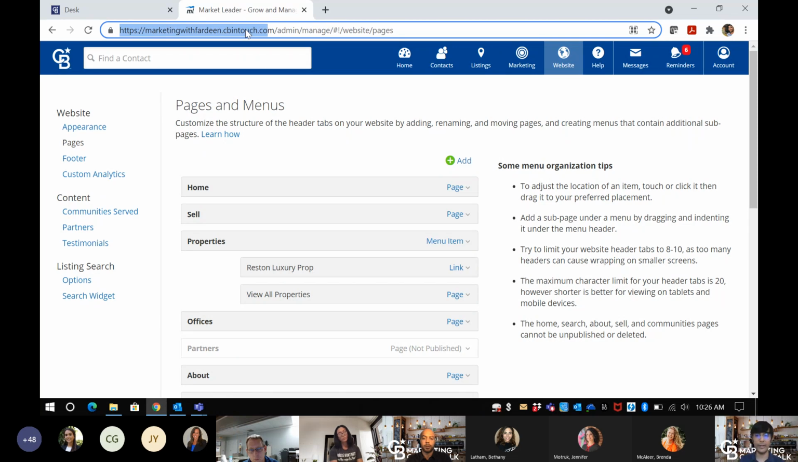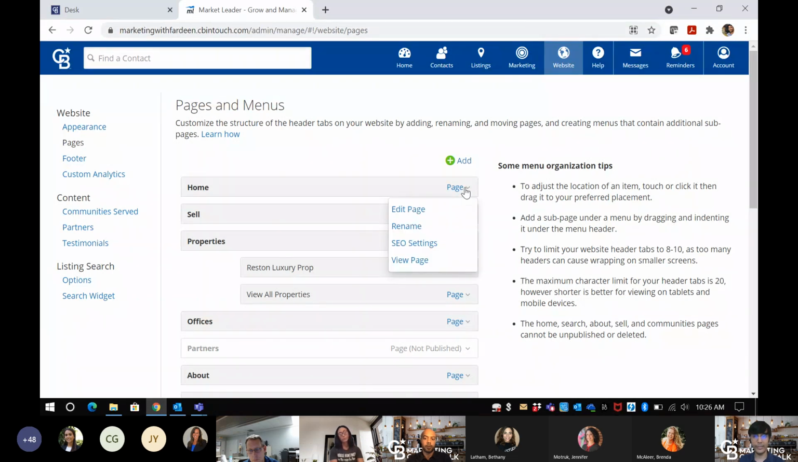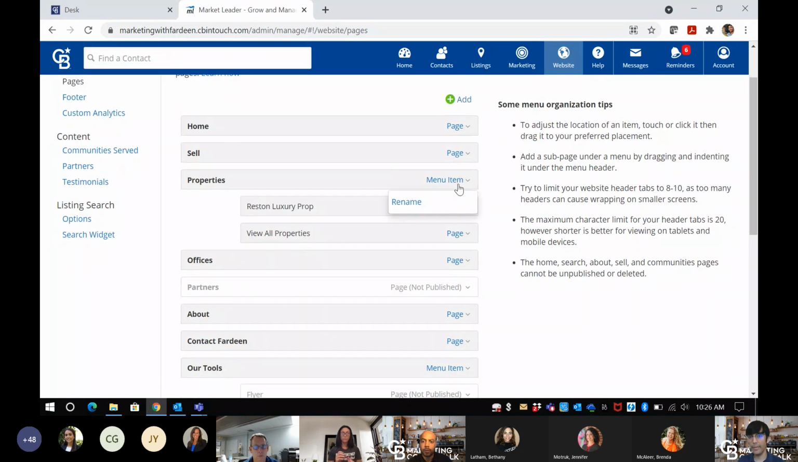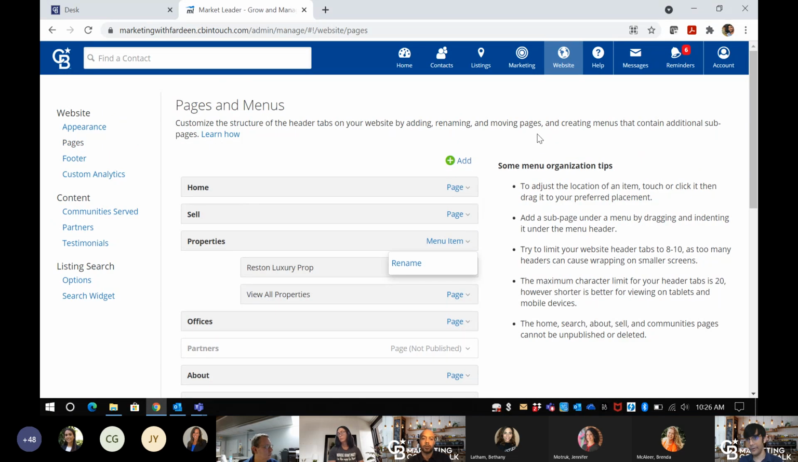So what I was talking about today is in the page section. You'll notice here that each of these pages has the edit page, rename, SEO, and the view page. As I click down here, you're going to see all the same options across most of them. You'll notice this one is a menu item. What that means is it is a header, essentially. So if I go to web page and view site,